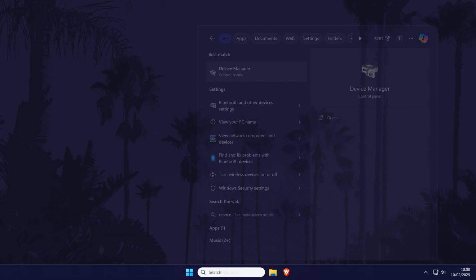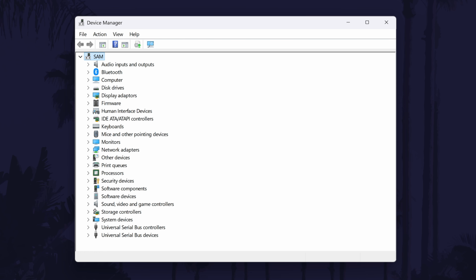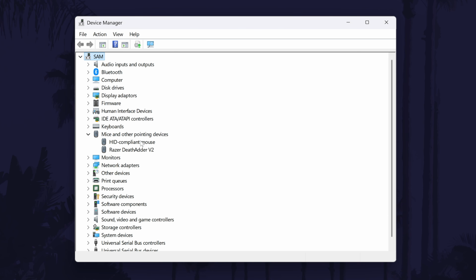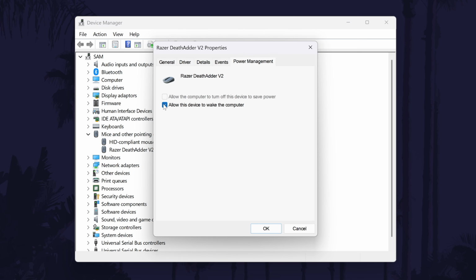revert it later. Search for Device Manager in the search bar and open it. This is where you can manage settings for devices like your keyboard, mouse or network adapter. Let's start with the mouse as an example. Expand the section called Mice and Other Pointing Devices, then double-click on your mouse. Head to the Power Management tab and uncheck the box that says Allow this device to wake the computer and